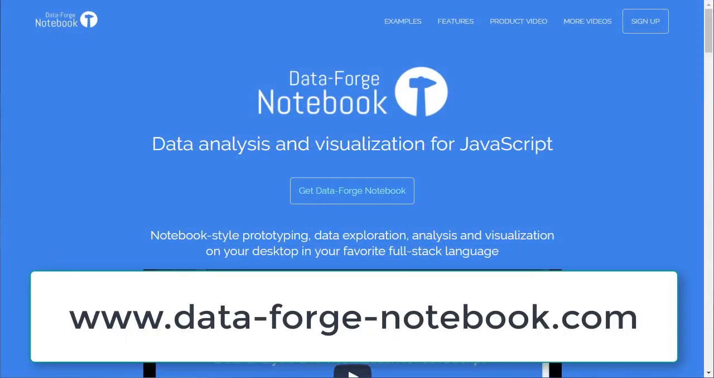Anything you can do under Node.js, you can also do under DataForge Notebook, and you have the world of NPM packages at your fingertips. So kickstart your coding with DataForge Notebook, and then later export your code to run in your production